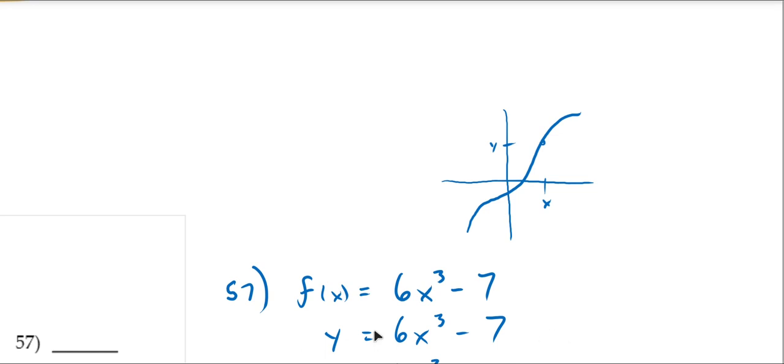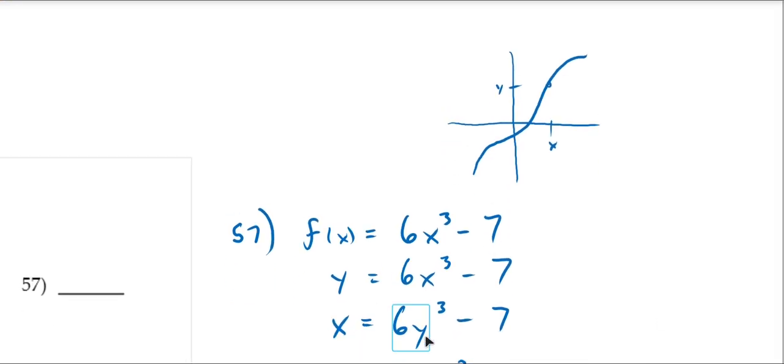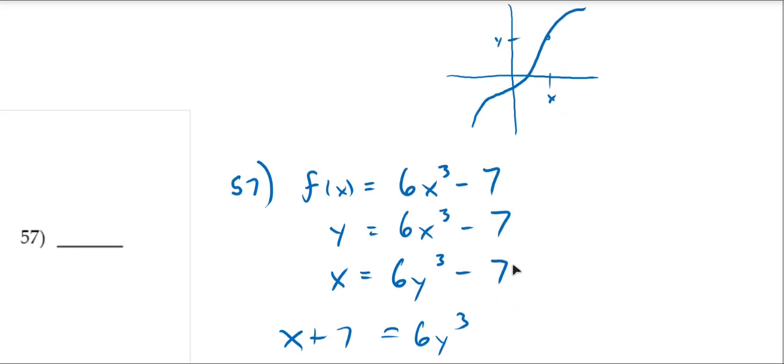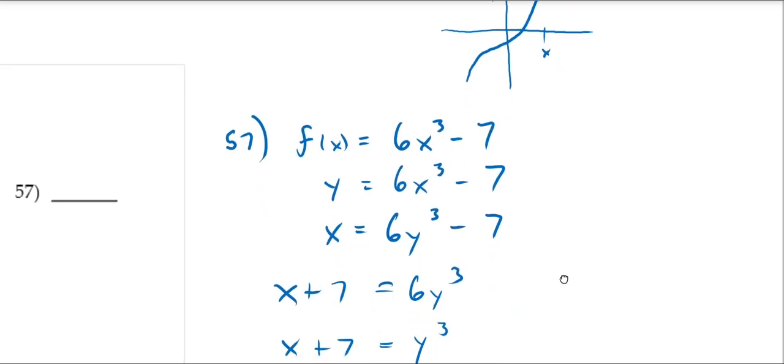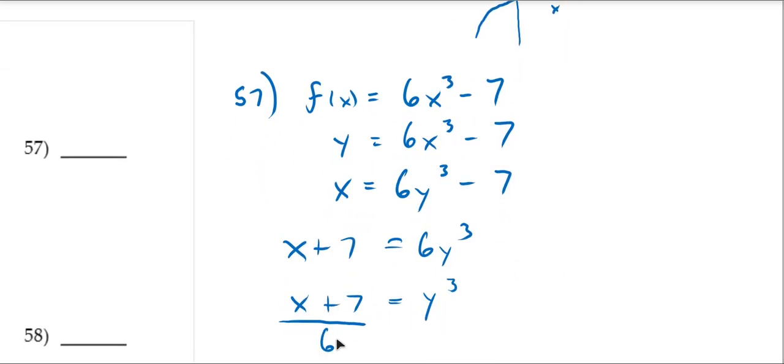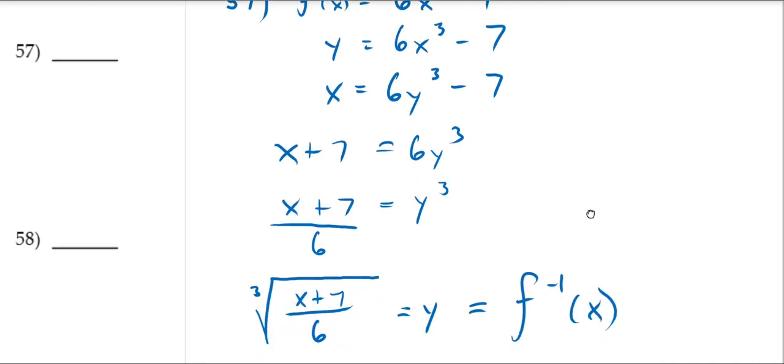The procedure goes something like this. Let's call f of x the output y, and inverses switch the role of output and input. If a function took this x and sent it to y, then the inverse would take the value y and send it back to x. So we can do that here by switching the x and y symbols. But now we're going to want to solve this thing for y. We do that with our inverse operations, and this is going to accumulate those inverse operations in a way that